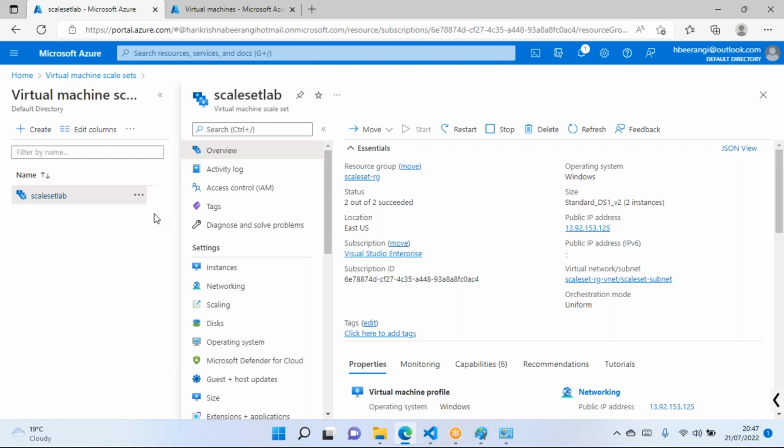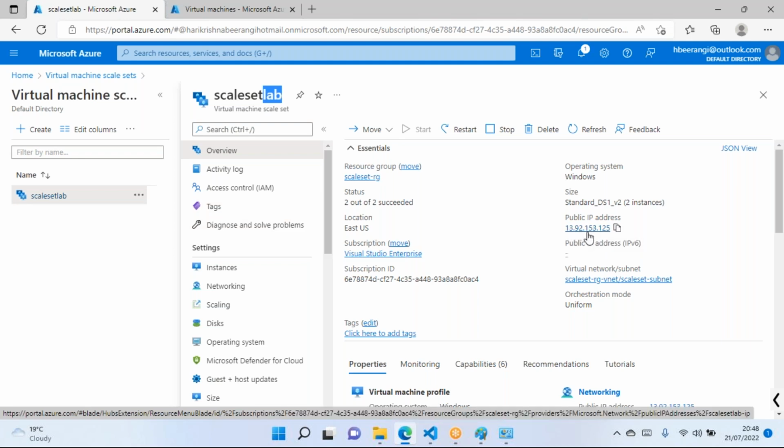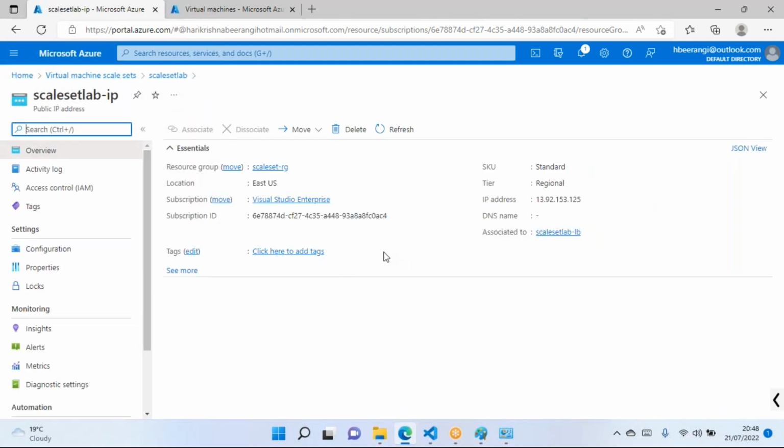Now there is a public IP address also associated to this scale set load balancer. Sorry, it's not load balancer, scale set. This name is giving confusion, which is fine. Now, what is this public IP address? If you remember, we have created a load balancer as well.